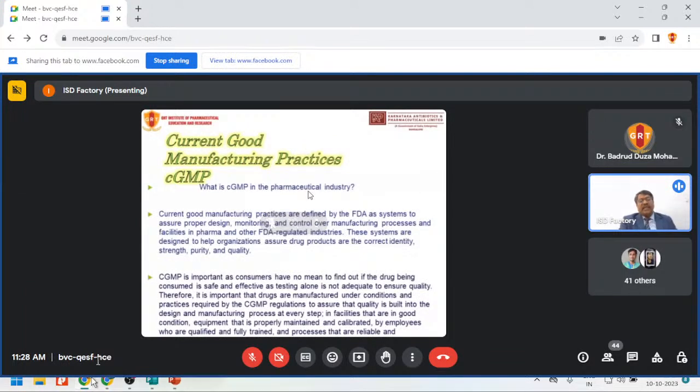CGMP is important because consumers have no means to find out whether the drug being consumed is safe and effective, and testing alone is not adequate to ensure quality. GMP also follows systems, but when we are into current good manufacturing practice, we go into detail on the quality of the product we are manufacturing for the pharmaceutical industries. The practices required by the CGMP regulations ensure that quality is built into the design and the manufacturing process